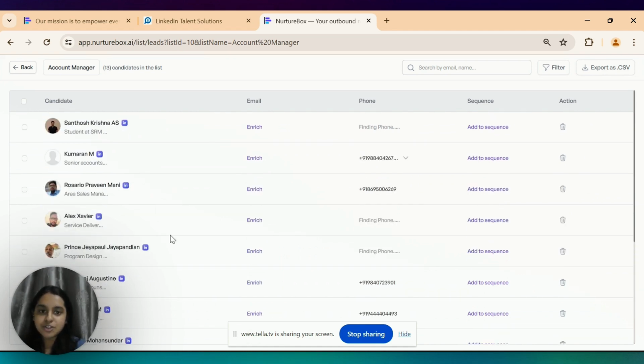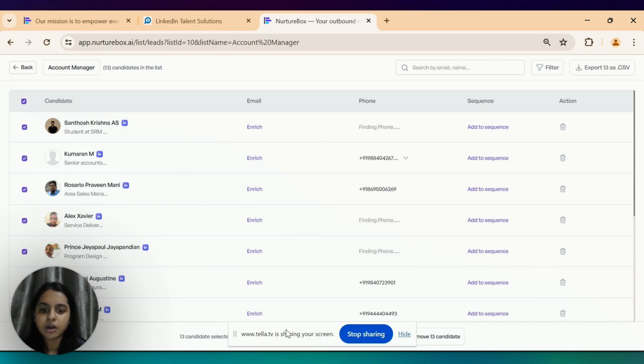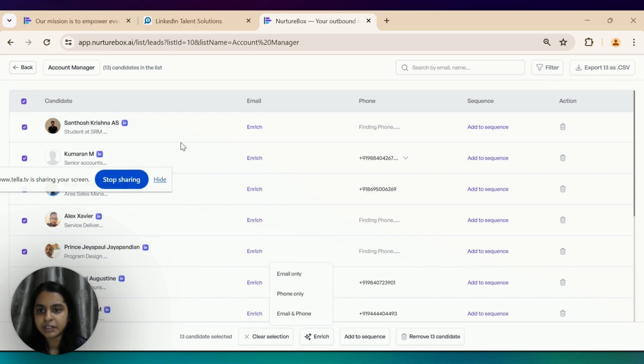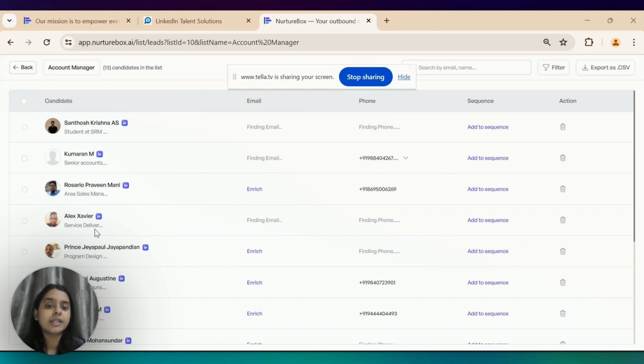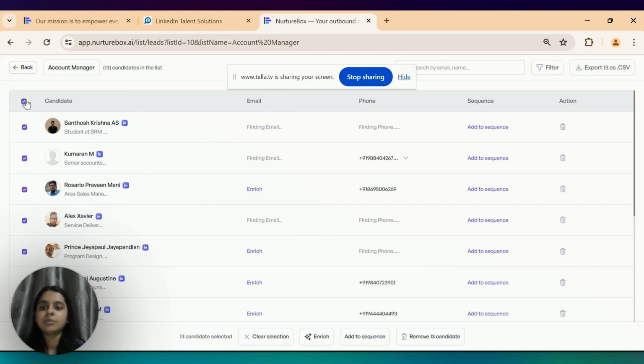So we also chose phone number to be the option over there. So in case you also want to check their emails, you can simply come over here. You can either just select all candidates and click on enrich at the bottom and choose what you want to enrich, or you can even do it individually for the profiles where you feel like, hey, I need the email as well. So let's say I'm just gonna enrich the email option for just these 3 people. So you can see finding email option has been shown for all of them, right? This is with respect to list, and you can add these candidates to a sequence as well, just in case you have missed adding them to one, right?